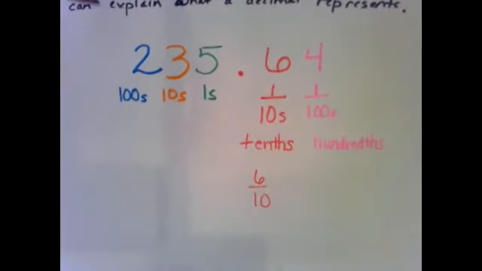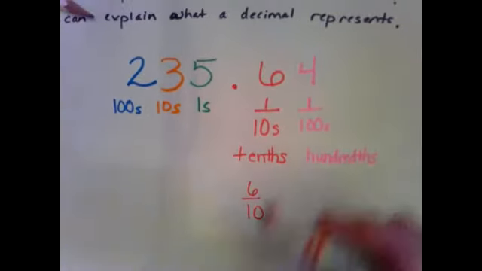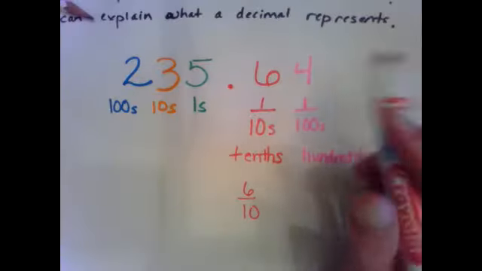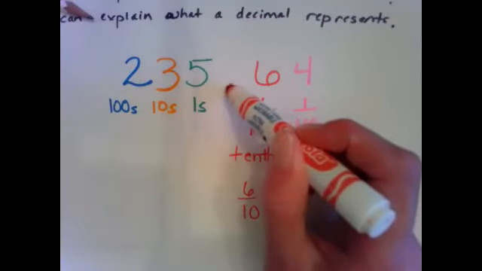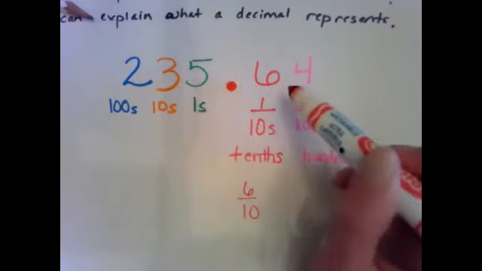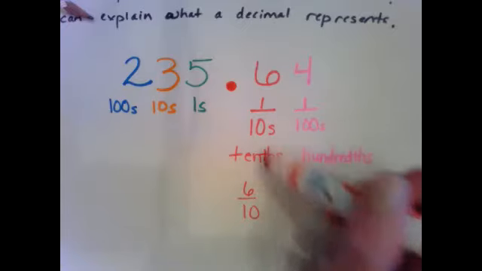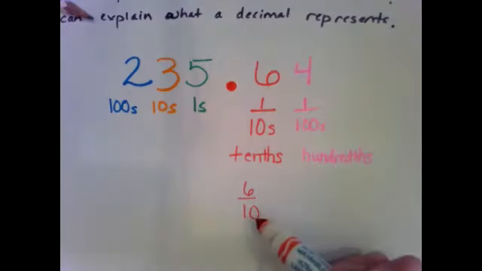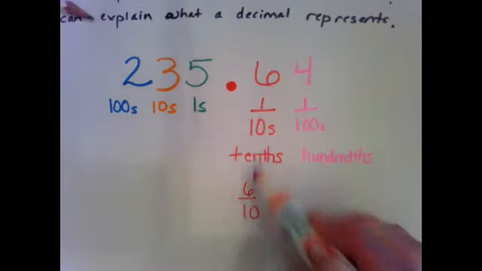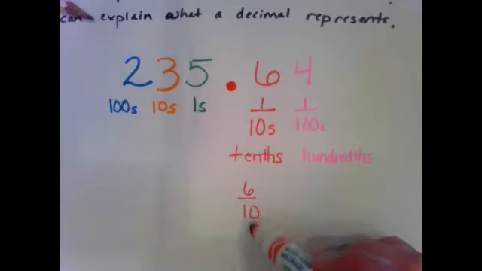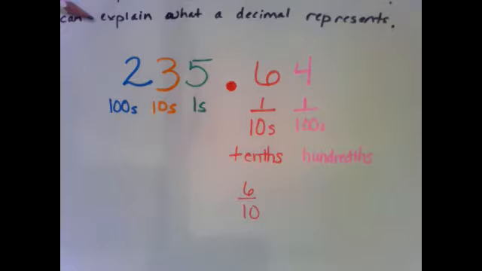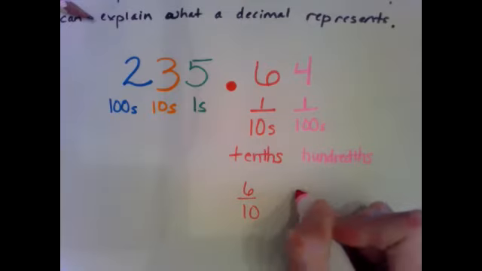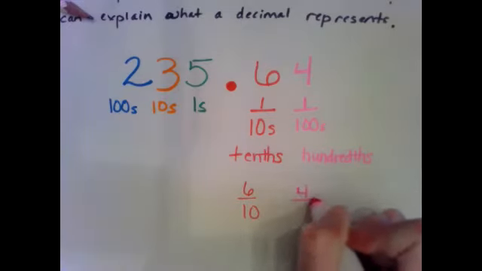Hopefully you are noticing a connection between the names of our decimal places. The first place after this decimal point is the tenths. Any number that's marked there is written over a 10. So a 6 in the tenths really means 6 tenths. What that would look like, we'll take a look at in a minute. This 4 in the hundredths place looks like this as a decimal,